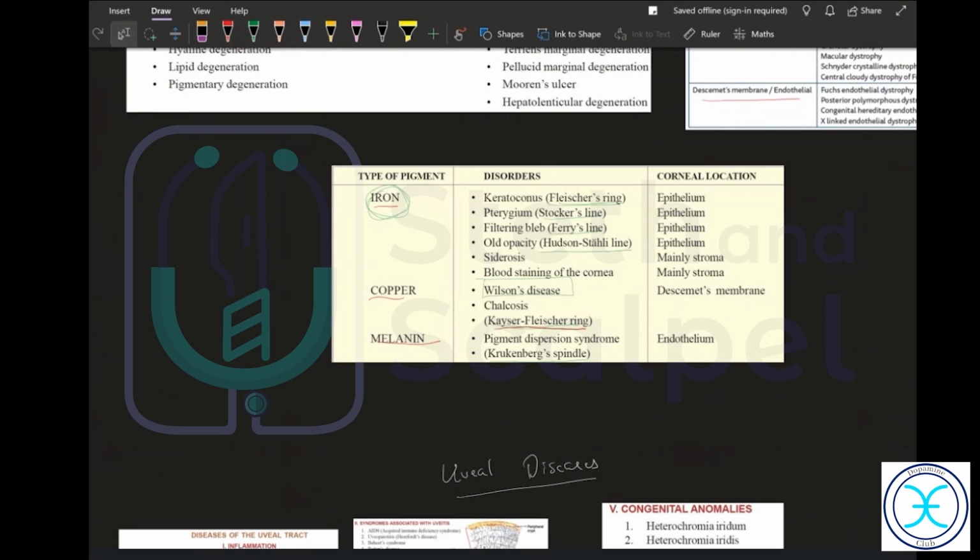If it's a bacterial cause, you give antibiotics, or if it's viral, antiviral drugs orally. If it's a fungus growing, then topical antifungal agents. You give all of this and you relieve the insult. The cornea will recover on its own in case of a superficial ulcer. In case of deep ulcers, what would you do?